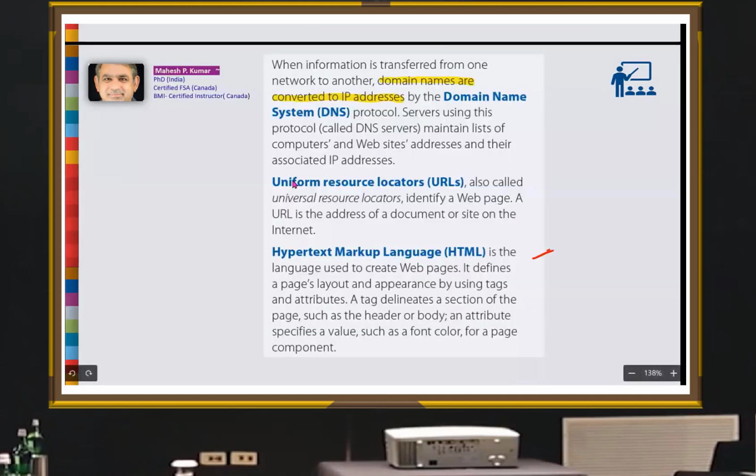So as I already talked about, HTML is also one of the things which comes up again and again in this text, but this is one of the languages in which